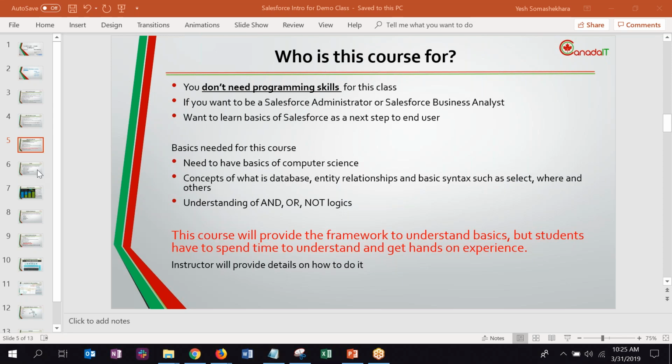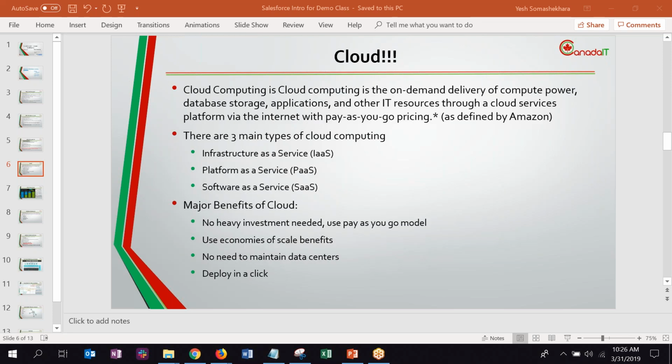So cloud, we can't go into Salesforce without talking about cloud. And if you're in IT right now, everybody's talking about cloud, right? Amazon Web Services, Microsoft Azure, Google, Salesforce, ServiceNow, Workday, everything is like, oh, cloud, cloud, cloud. Use your iPhone, store your photos on cloud. So cloud is the new IT word in the IT world right now.